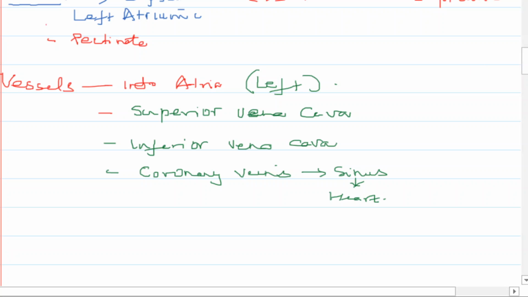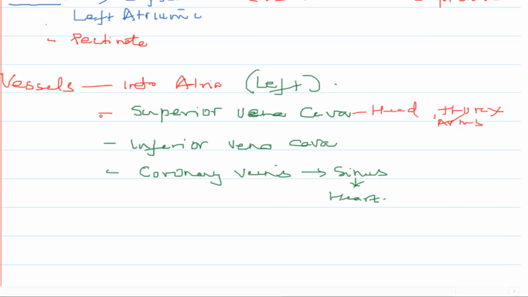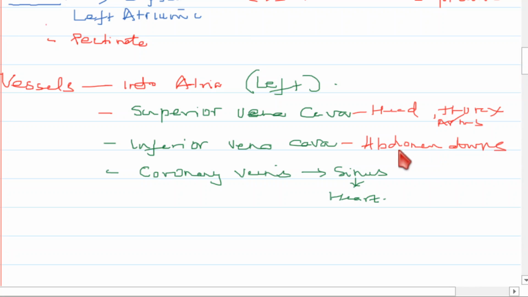Okay, so the superior vena cava collects blood from the head, the thorax, and the arms, your forelimbs. The inferior vena cava collects blood from the abdomen downwards. You know, the legs, all the organs present below